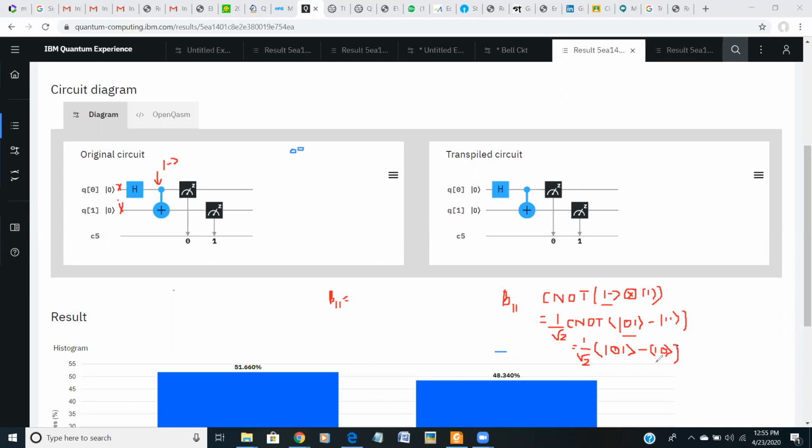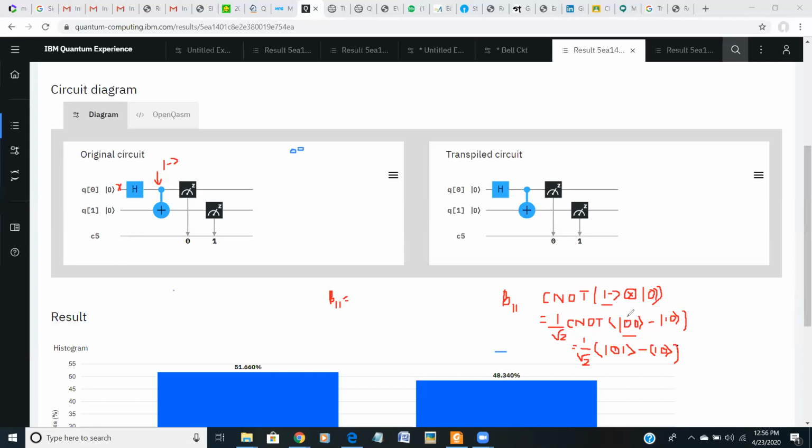That will be represented here. If you don't give the x, then instead of 1, it will be 0. Then in that case, you will get a 0.